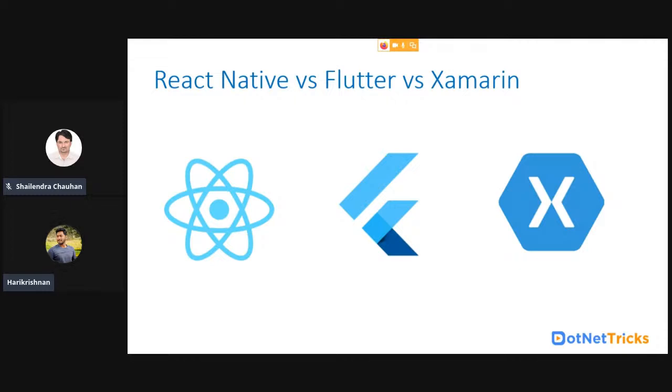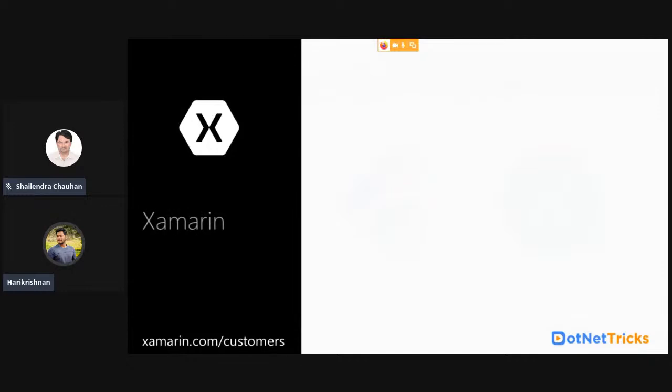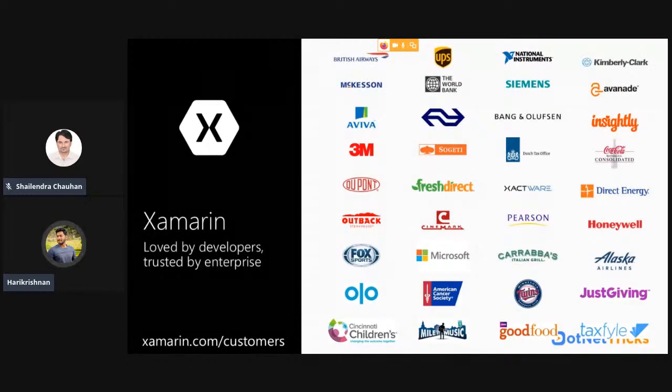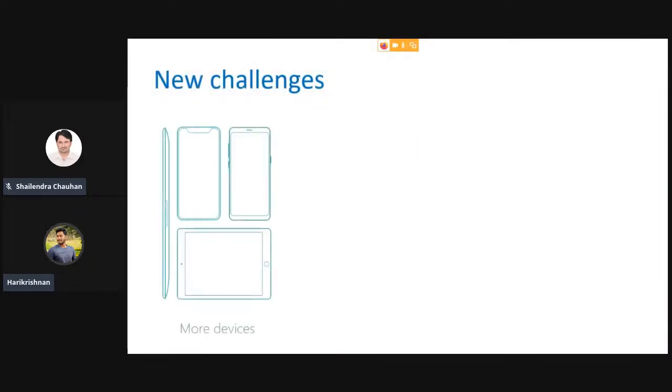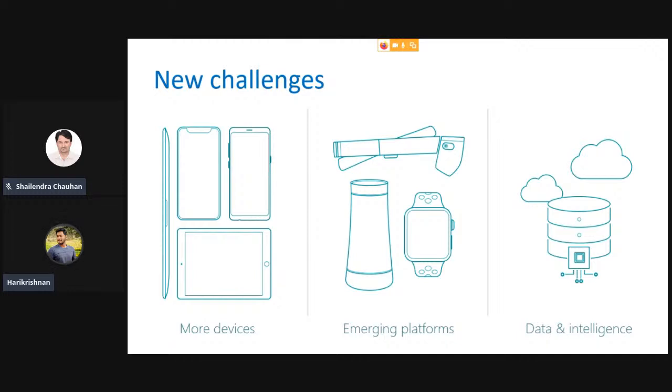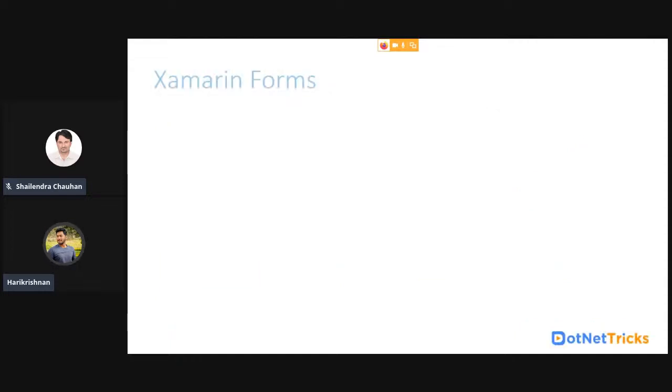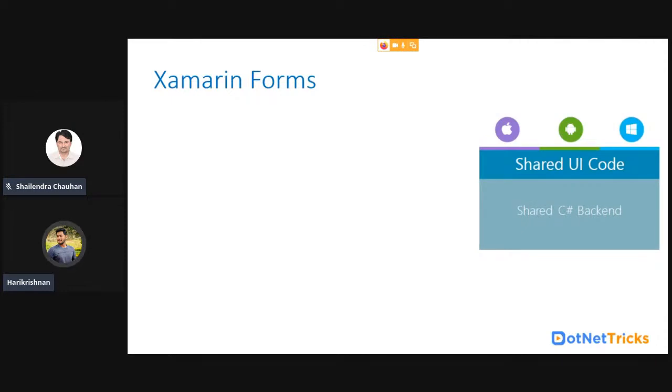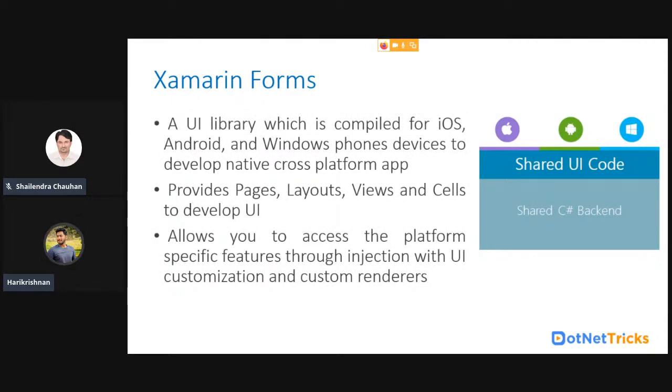These are the three famous cross-platform technologies nowadays to look into. In the entire session, we're going to see what Xamarin Forms offers, and this is the list of customers that are already available for Xamarin Forms. You can see that a lot of famous companies are there. What's best about Xamarin Forms is that it adds more devices and emerging platforms. It also supports data and intelligence to keep up to date. So as I said, we're going to predominantly focus on the Xamarin Forms part